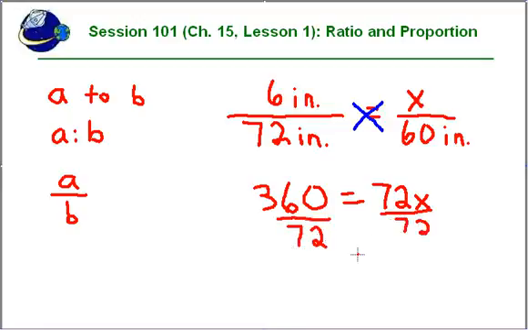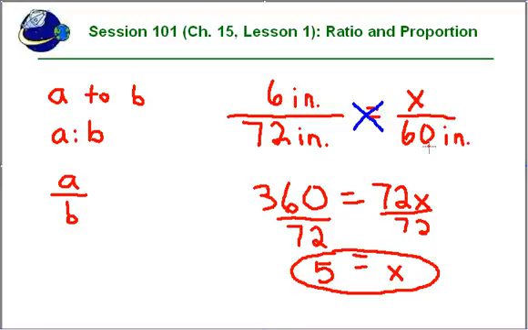So on the right-hand side, we're going to be left with x. And on the left-hand side, we're going to be left with 5, because 360 divided by 72 is 5. So in this picture, in this photograph here, a person who is 60 inches tall will be 5 inches tall